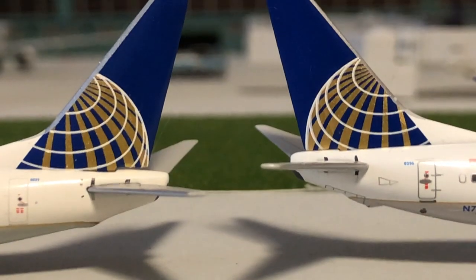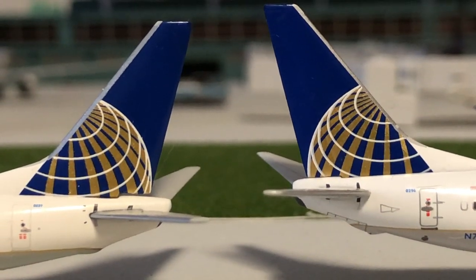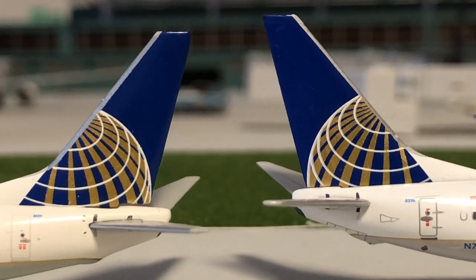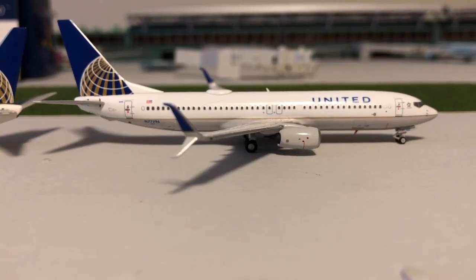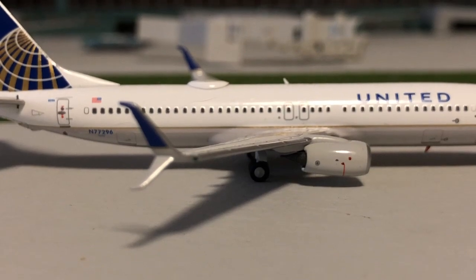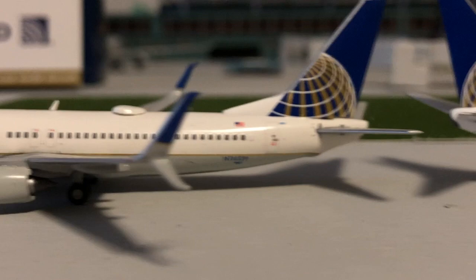And the tails themselves look pretty much the same in color, much better than the Aero Classics tail, where the blue is a lot darker than on the NG Models and Gemini Jets versions. I think NG Models did a very good job on the split skimmer winglet. I really like it. I think it's a really cool addition to the plane compared to the GJ version, which is